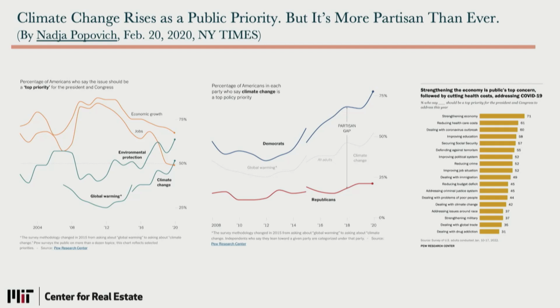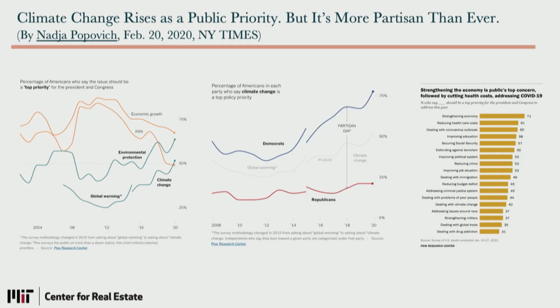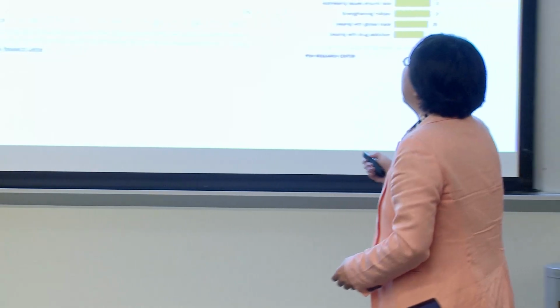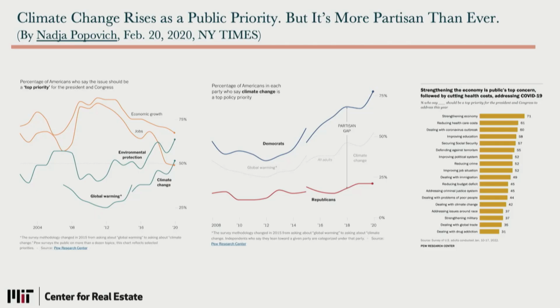We need to first secure a job and all the other things. So you will say, this is the financial crisis, 2009. After 2009, the priority people always thought of is economic growth and jobs and all other things. It's not about global warming. And when the economy becomes better, then this goes up. Right? And then these Democrats and the Republicans, you see the gap? It's a huge gap. The partisan gap is so big. So that's basically it.